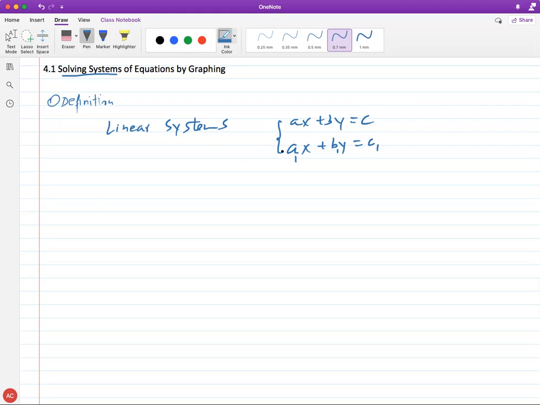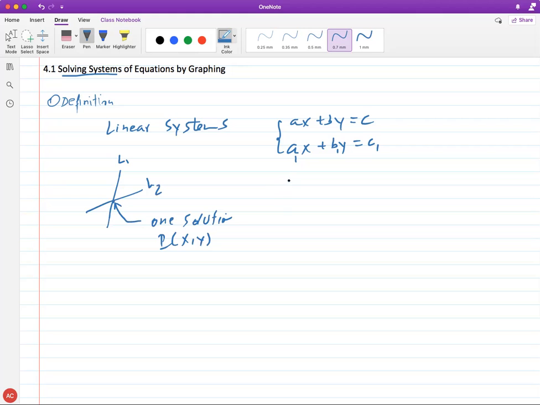When you take these two lines, we graph them on the same graph. The lines will either meet like this. In this case, this will be the solution, the intersection, which is basically a point. Okay, so we get the coordinates of this point. So this is, for example, line 1, line 2. If the two lines meet, we'll have exactly one solution, and the solution is the coordinates of the point of